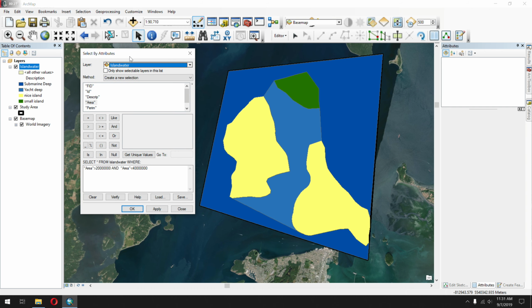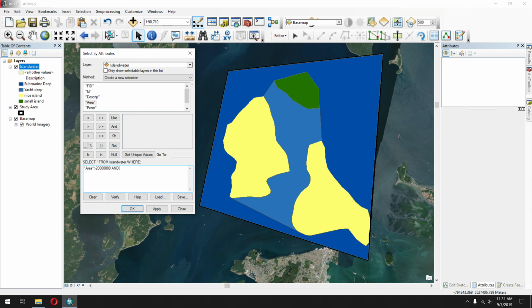Just imagine this was every island in this area, so I don't want to click on them one by one. Let's search for areas greater than 20 million square meters